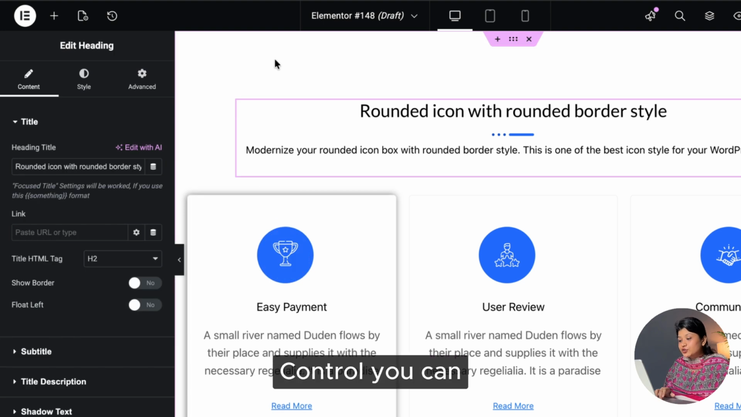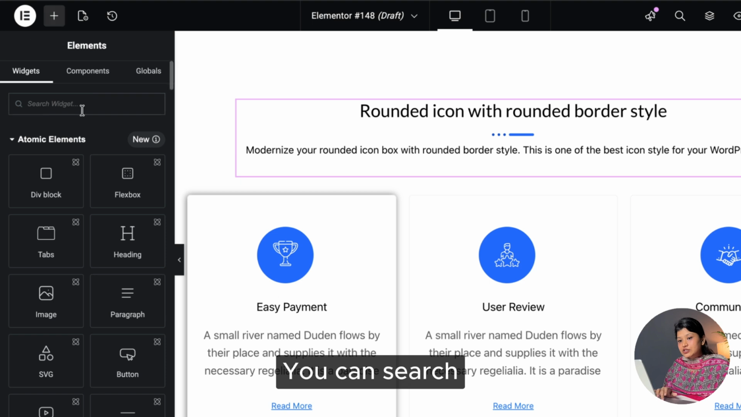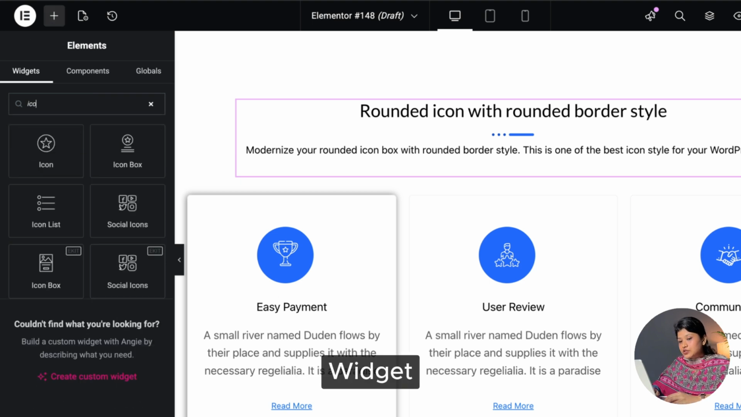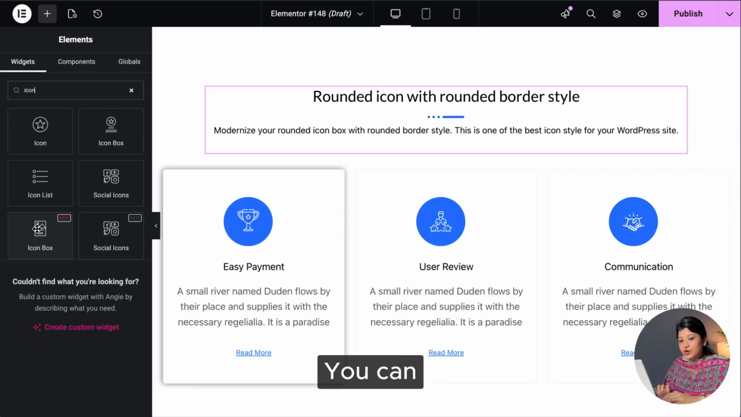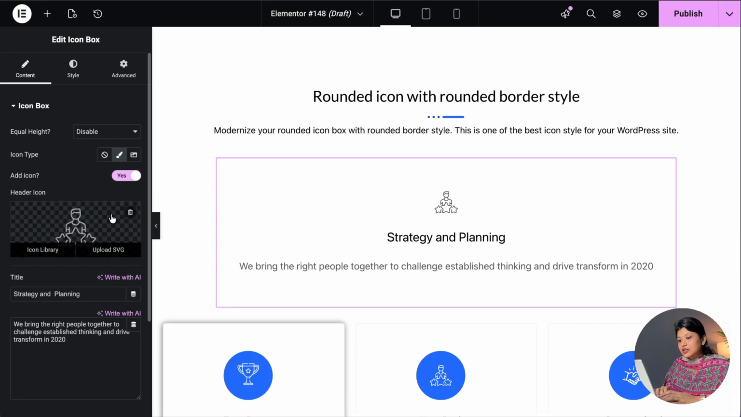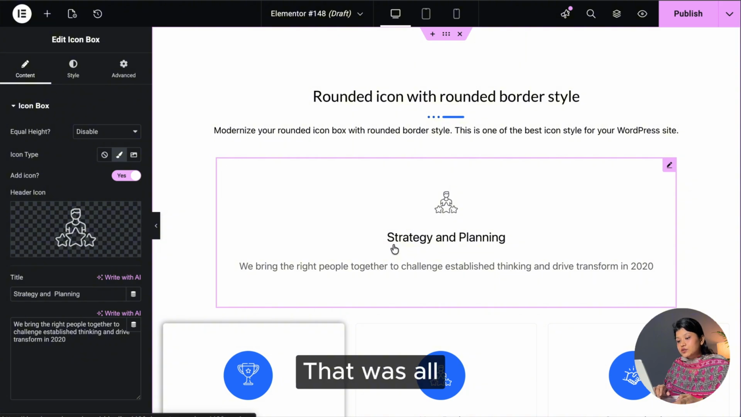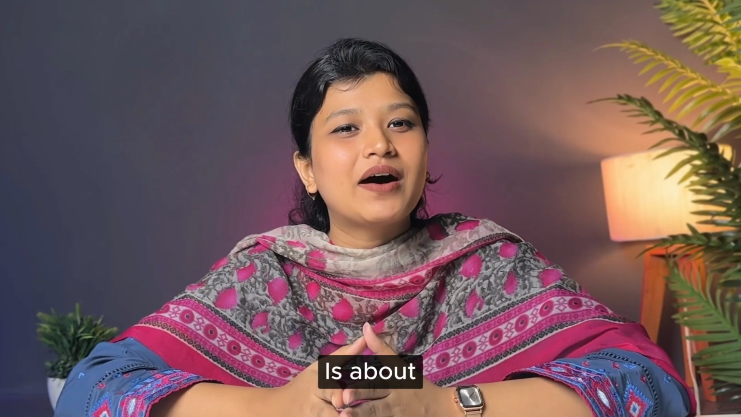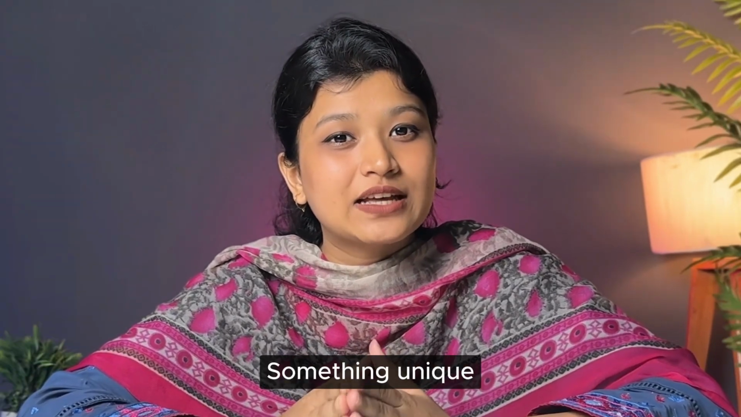For creative control, you can build it from scratch. So you can search the icon box widget from your dashboard with the eKit badge. So you can drag and drop it. So yeah, that was all. High-end design is about the details in the Style tab. Experiment with the settings to create something unique